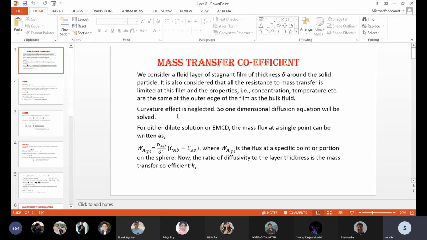We can take one single coordinate, for either a dilute solution or equimolar counter diffusion, that means where there is no bulk flow, we go for this stagnant film. The mass flux at a single point in the thickness delta, we can write the flux as,